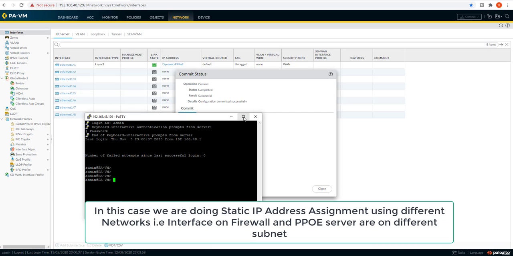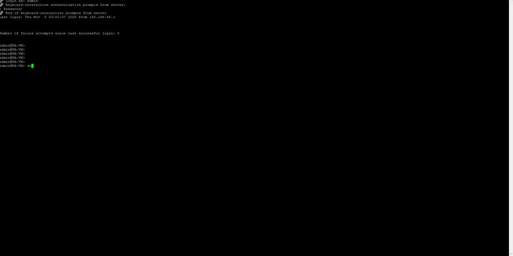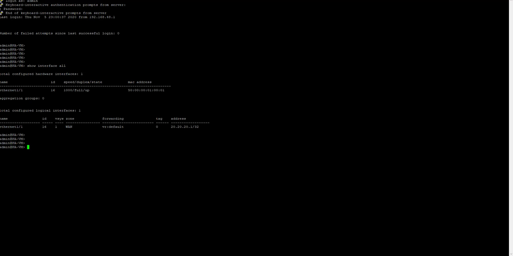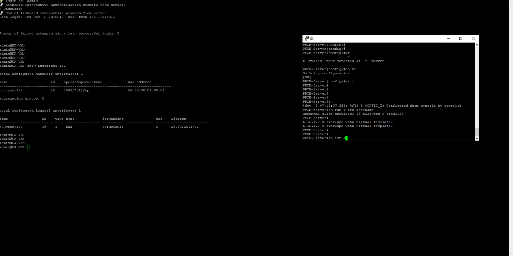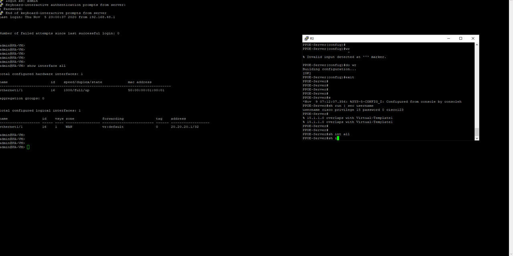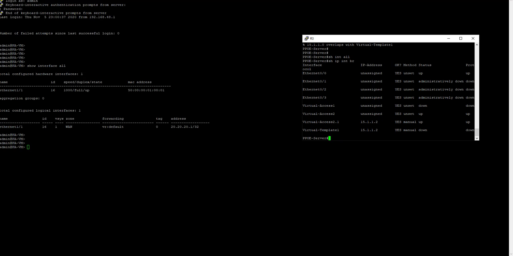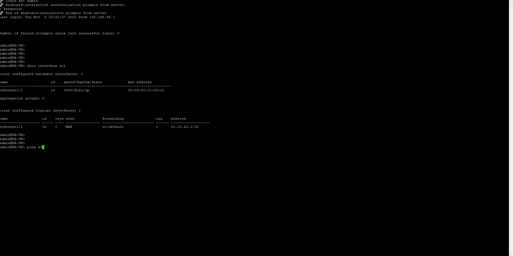Okay, as you can see now that the commit is completed. So let's go to CLI and type the command show interface all, and we can see that now the WAN zone interface is having the IP address of 20.20.21, and on this PPPoE router the IP address that we have configured is 15.1.1.2. So now let's try and